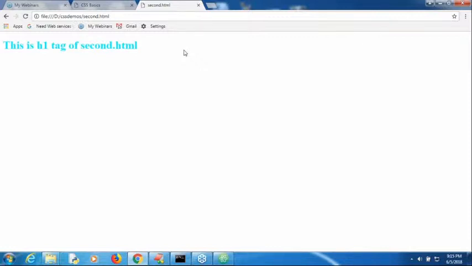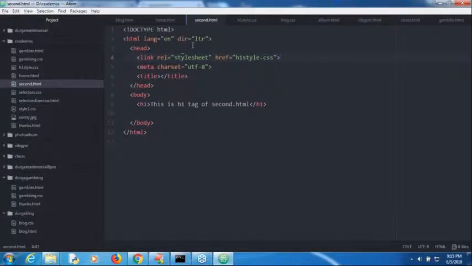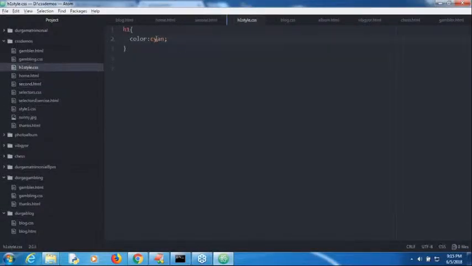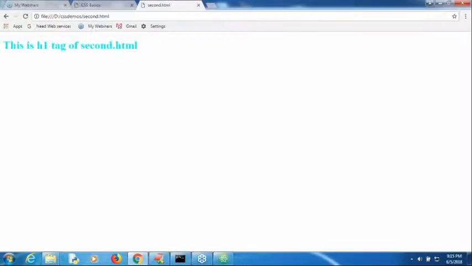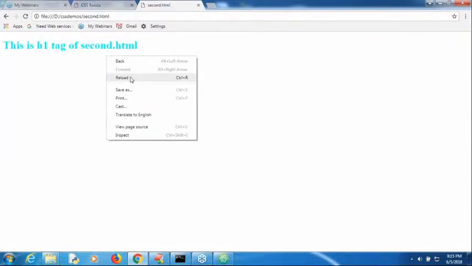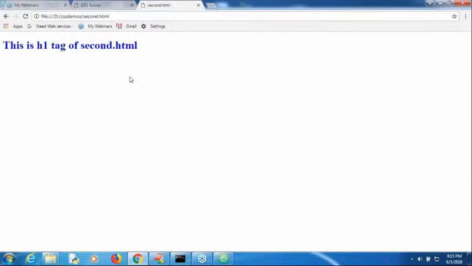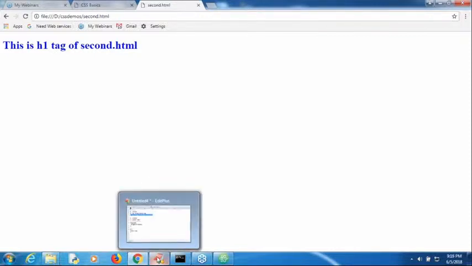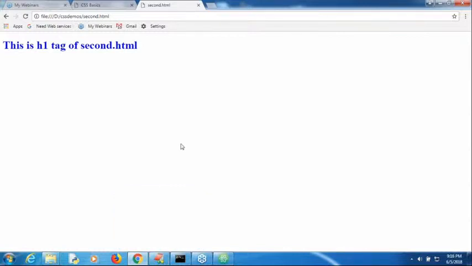Clear? Okay. Now tomorrow, I don't want this cyan color. I want some blue color again. Open the CSS file. Just the color is blue. Sir, save that. Now in home.html, automatically blue color came. In second.html, automatically blue color came. Are you in a position to understand, right? Yes, if you perform a small change in the CSS, throughout the web application it is going to